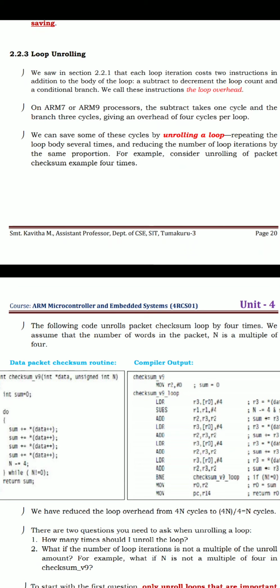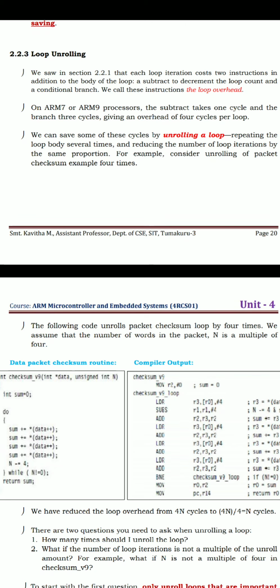There we had a total of 4 instructions within the loop. 2 instructions for fetching data from the array and to compute the sum. There we used LDR and ADD instructions, and 2 more instructions to implement the loop for iterations, that is SUBS and BNE instructions we made use of. So these 2 instructions, which are executed in each iteration in addition to the body of the loop, are